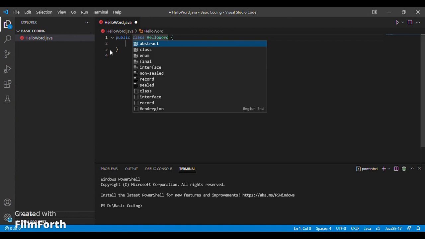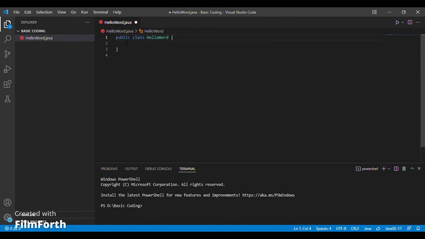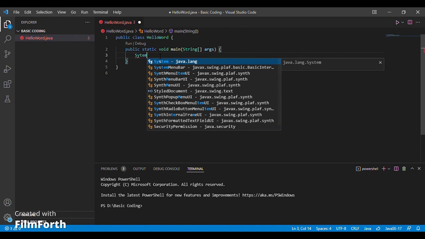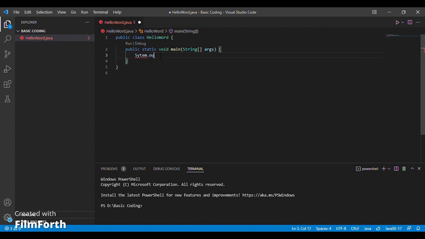So, nandiyan na agad yung Hello World public class. Then, next is to put main, which is part of the main method. Then, next is the System.out, which is the command. This is the command, and